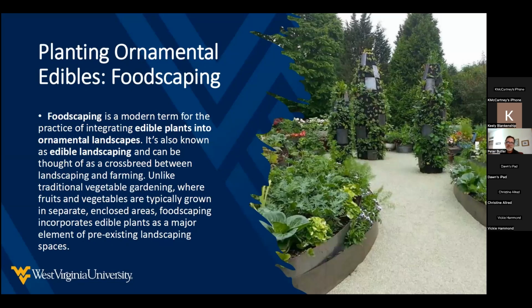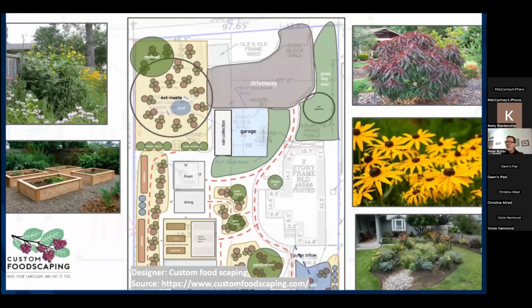And bringing these types of ideas, this idea of foodscaping, right? Planting ornamental edibles within that public space. There are a lot of great tools online related to foodscaping at the residential scale as well that can be really helpful in creating your own personal vision of a residential edible landscape.